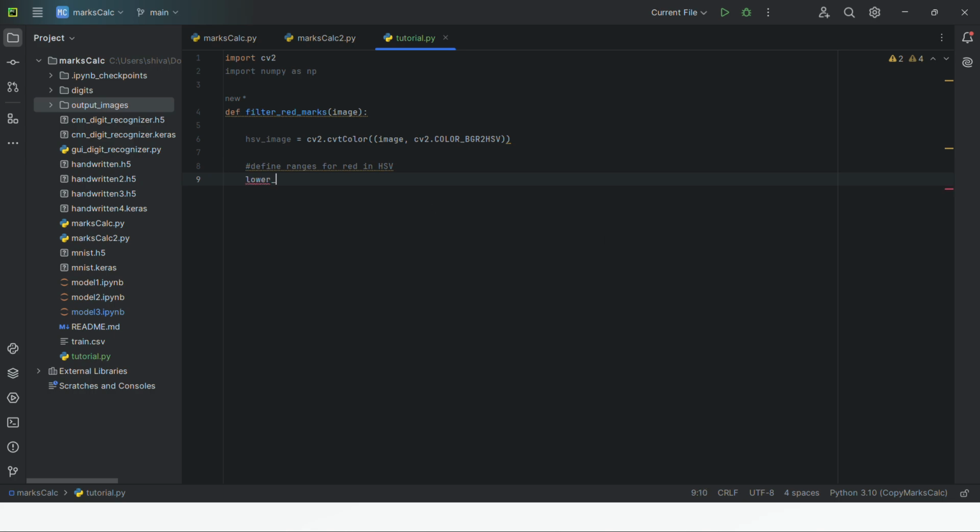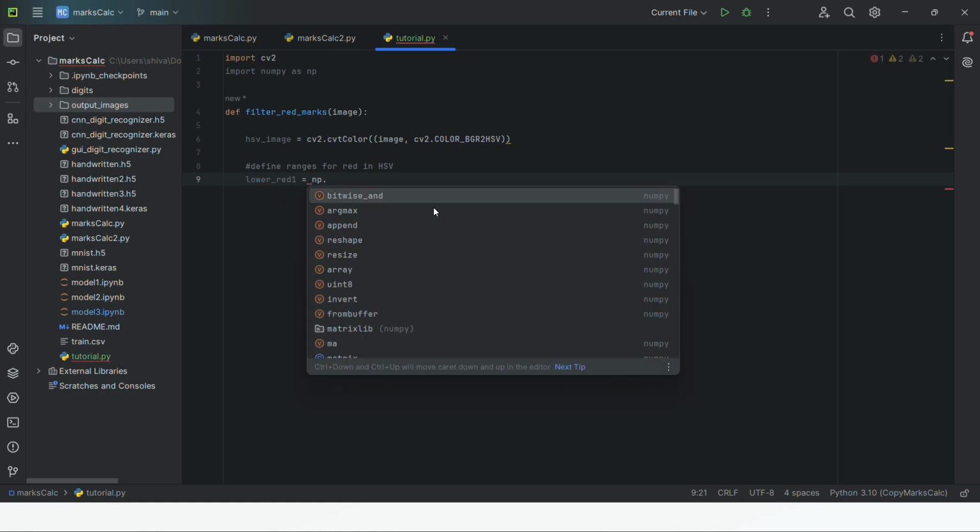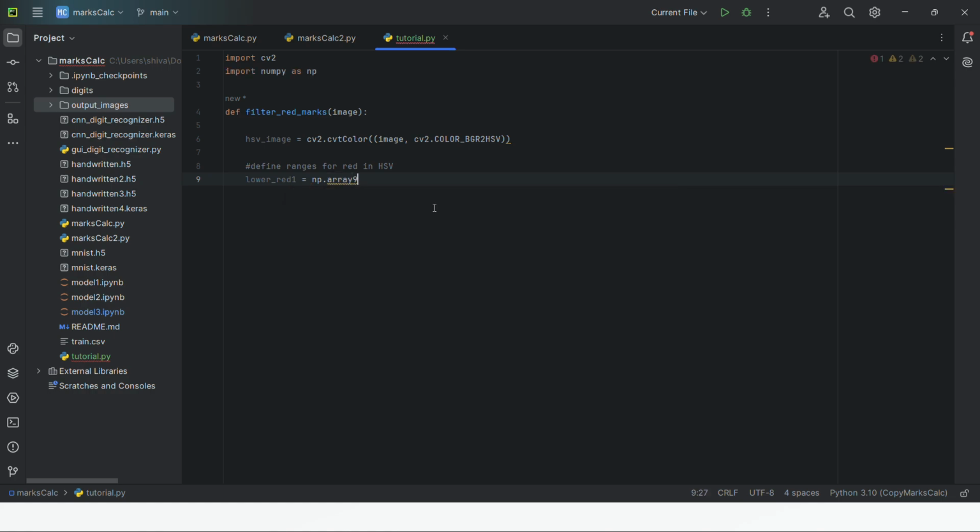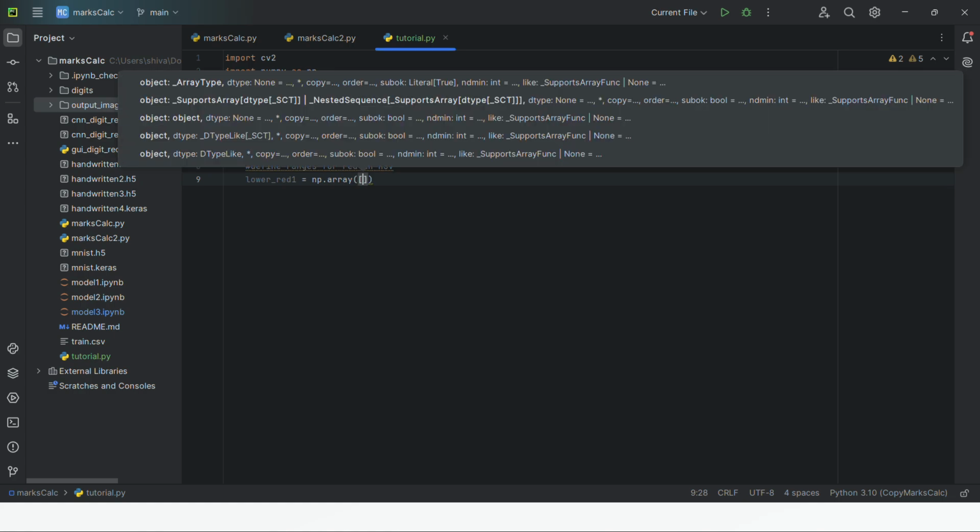Let's use the name lower_red_1, and we'll be using the NumPy library just for defining an array, using np.array. This will convert the list passed into it into an array. For red we have two ranges, 0 to 10 and 170 to